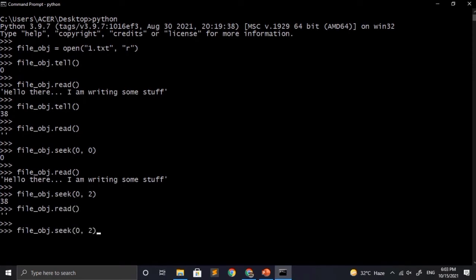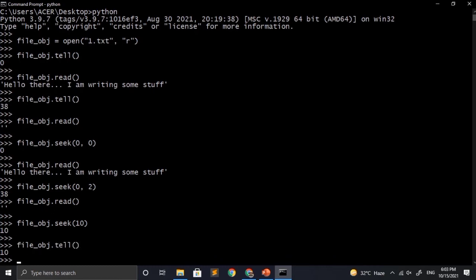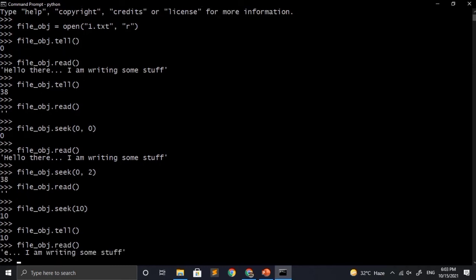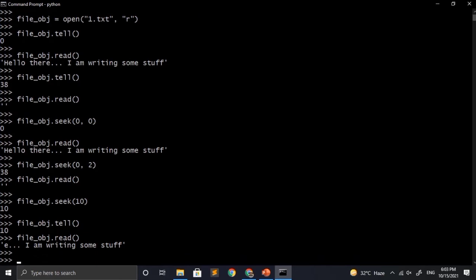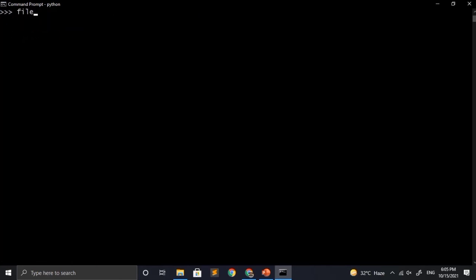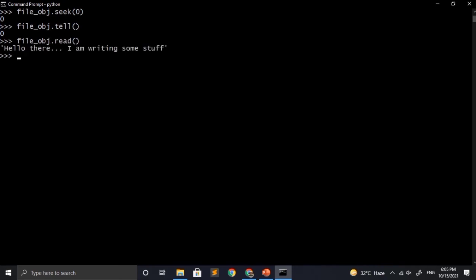Now let's try to move the file object 10 locations away from the starting point. So for that we will be using seek(10), and after that if we use fileobject.tell, then it will show the output as 10 bytes, which means the cursor is located 10 bytes away from the starting point. So we can also see the output of the read method. It is reading from the middle of the file. If we use seek(0) with the file object, then it will again bring the file object to the starting location of the file. Now if we again call the tell method, then it will also show that the cursor is at the beginning of the file. We can also use the read method here and we will get the full output from the file.